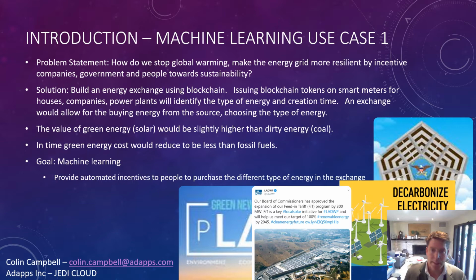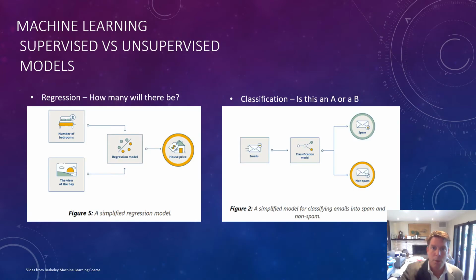There's Mayor Eric Garcetti's Green New Deal. LADWP is doing a feed-in tariff program, which is trying to incentivize renewable energy, as well as decarbonization. For Southern California Edison, it is a high priority by 2045. They want to have zero carbon footprint. And then there's the Department of Defense, which is Project Jedi. So combining all these things, this example right here is from machine learning for